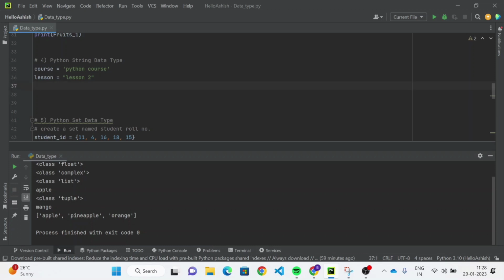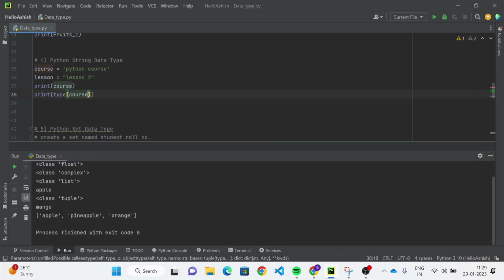So we can easily print what is inside the course, and let me print the type of course. First we have printed the course variable, and it is storing a string, that is Python course. And the type of this course variable is string, so that's why the class string is coming.